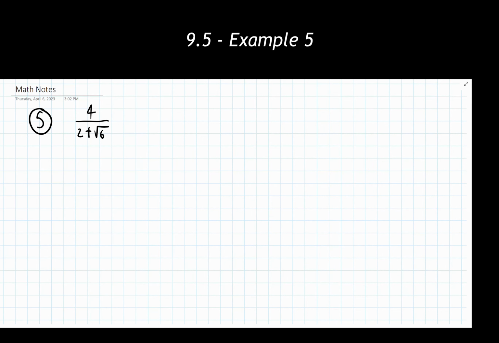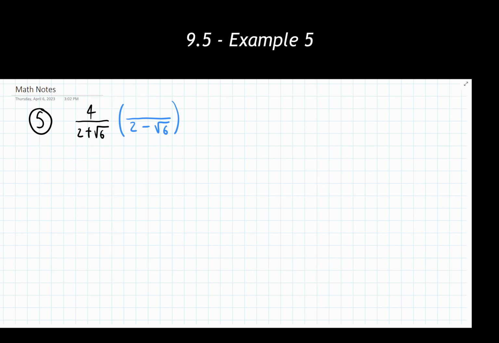So looking at number 5, what should jump out to us right from the very beginning is noticing that the denominator has 2 things adding or subtracting from one another. When you see that, that's when the light should be going off in our head of noting I need to use the conjugate of the denominator to get to my final answer. So as our process states, we need to multiply the numerator and the denominator of this fraction by the conjugate of the denominator. So if my denominator is 2 plus the square root of 6, the conjugate is going to be 2 minus the square root of 6.